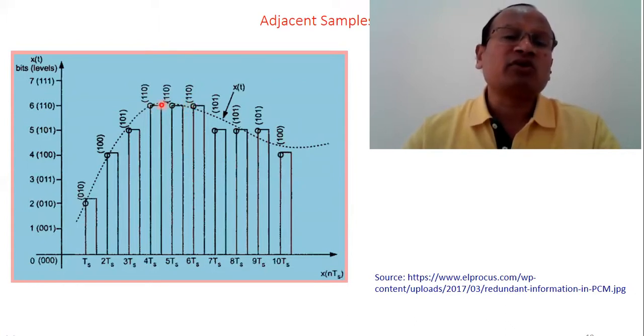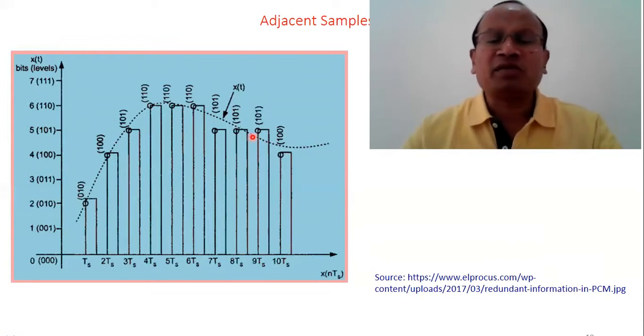Even in the analog, the values are almost the same. Then again we come to the next three pulses, 1, 0, 1, 1, 0, 1, 1, 0, 1. This is at the 9th sampling interval. They're almost the same. But when we reach from the 6th sample to the 7th sample, there is a difference, so this difference will be transmitted. Then we come to the next pulse, there is no difference, so nothing will happen. The recently communicated stream of bits will be communicated.